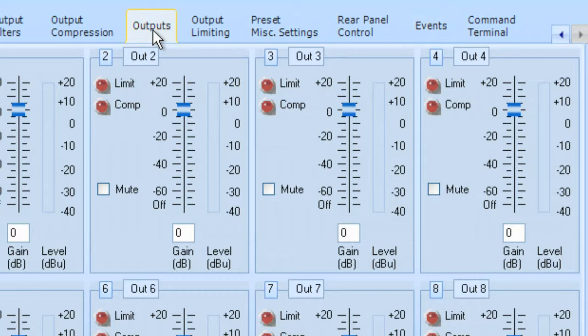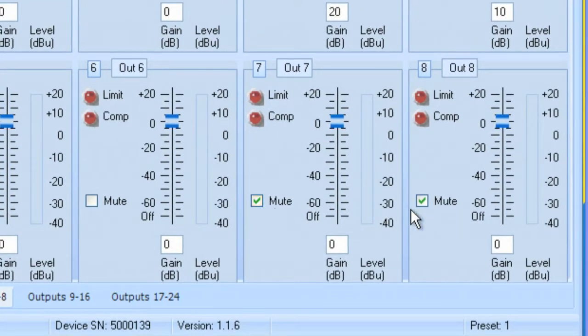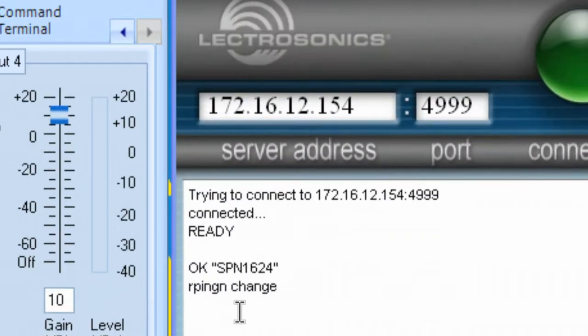And when I press the button, we notice a few things. This is changed to 20. This is changed to 10. And both mutes are now enabled. And notice here, rear panel input gain change string has been sent out the serial port to notify maybe a third-party control system, Crestron or AMX, or a flash control panel, and it gives us a lot of power to